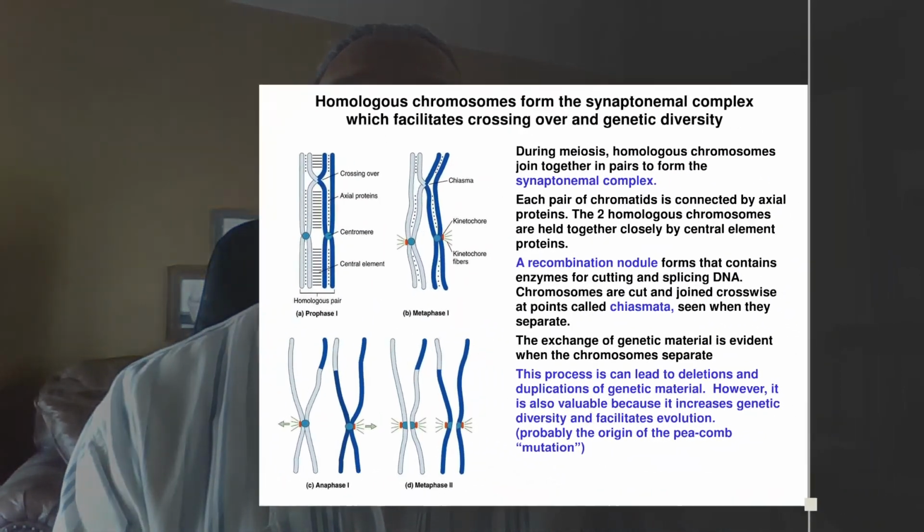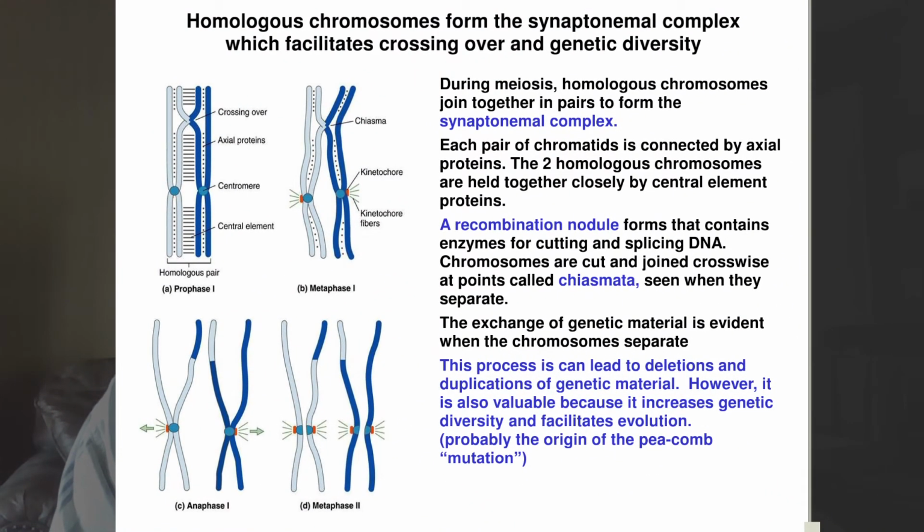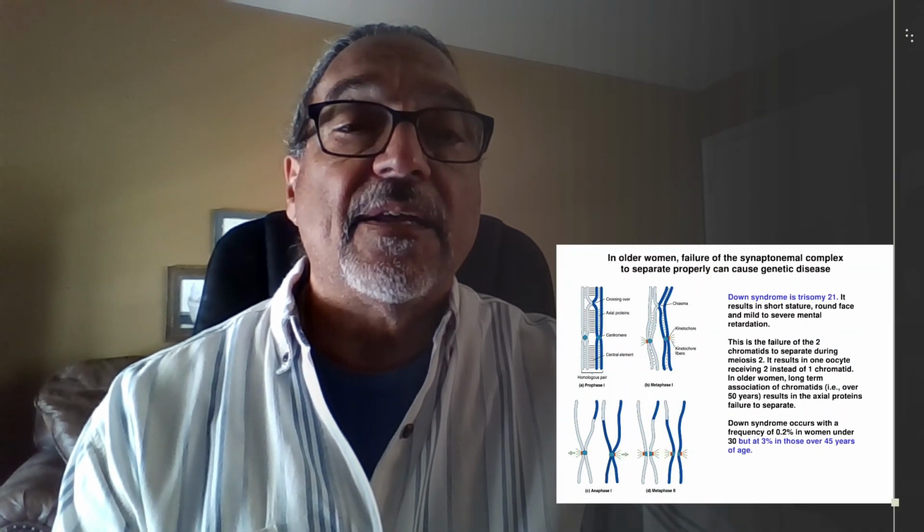I'm not going to spend a tremendous amount of time right now on this, but a quick reminder that during meiosis, crossing over takes place, and this is where the homologous pairs of chromosomes line up. They are connected by a series of proteins, a chiasma forms, in which case the genetic information on one portion of the chromosome gets separated and translocated to the other chromosome, and defects in this process can lead to all sorts of variation in